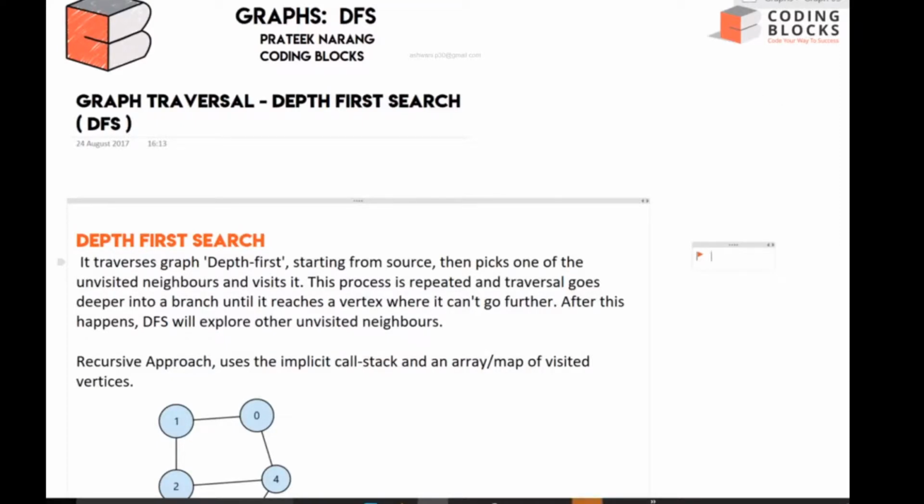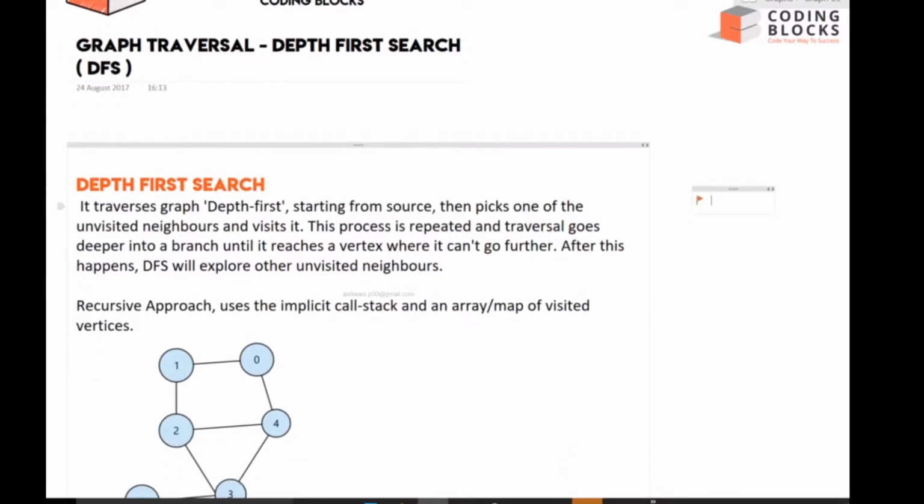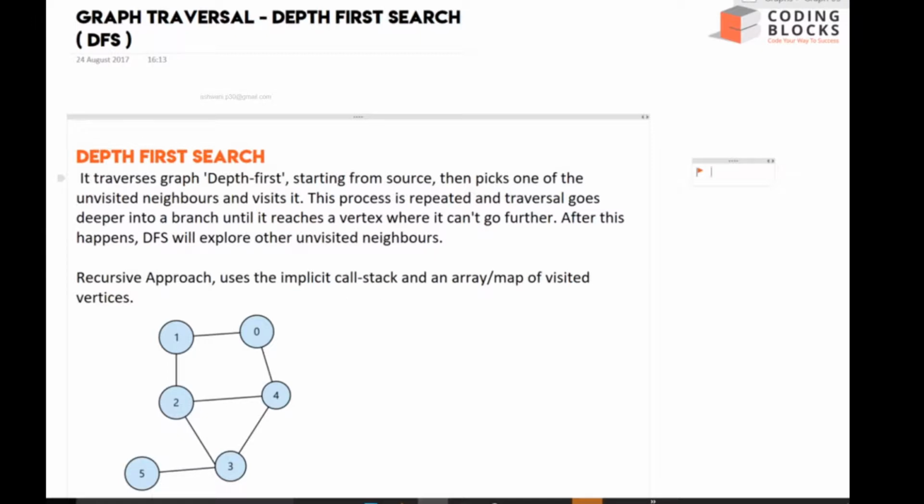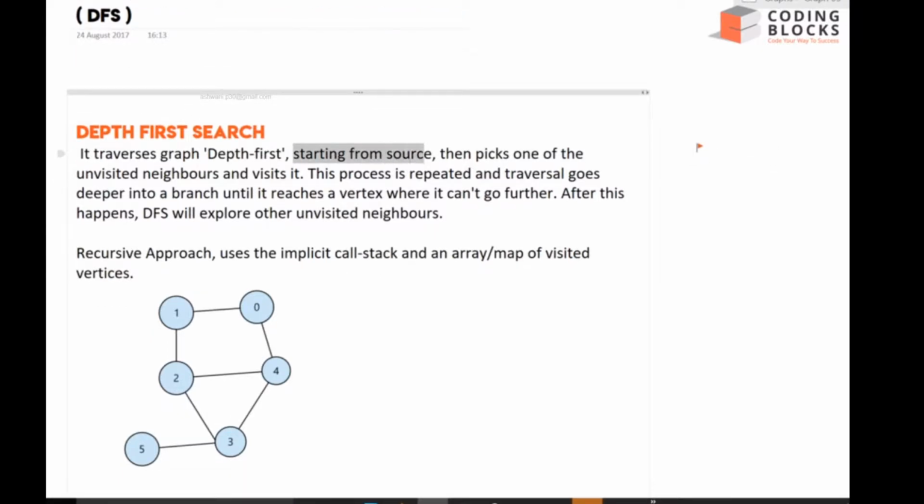So we are now going to talk about another graph traversal algorithm, which is called depth first search, or the DFS. Right? So it is an interesting recursive algorithm used for traversing the graph. This starts from a node called the source node, and this will pick one vertex which is not visited, and it will visit it. Again, it will pick one vertex from that node which is not visited, and will visit it. So this is repeated, and my recursion goes deeper into a branch until we reach a vertex where we cannot